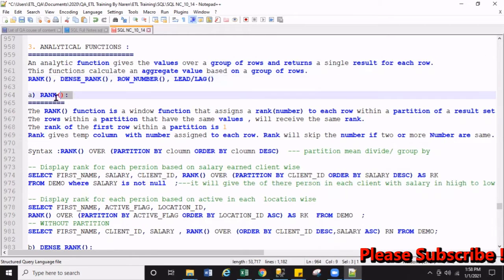So what is rank? A very important function in analytical functions. The rank function is also called a window function that assigns a rank or number to each row within the partitions of the result set. Partition is group.